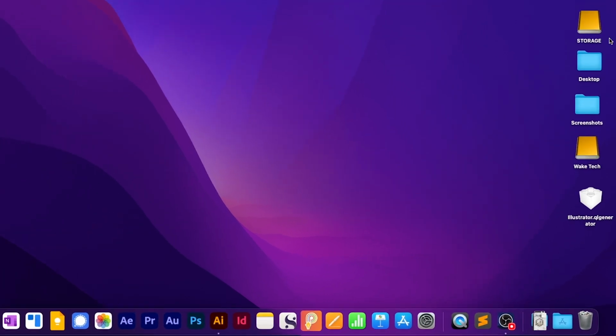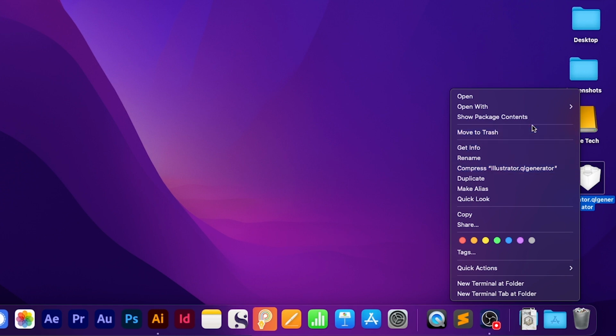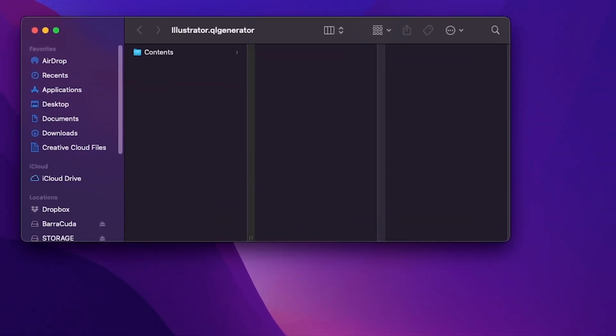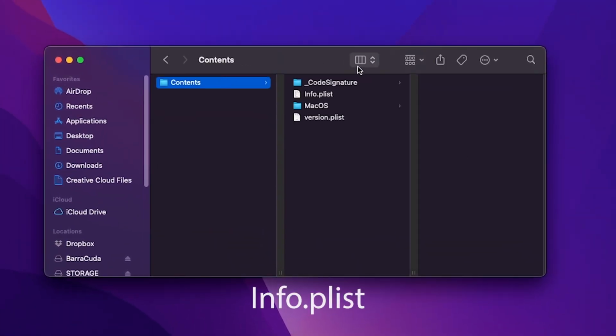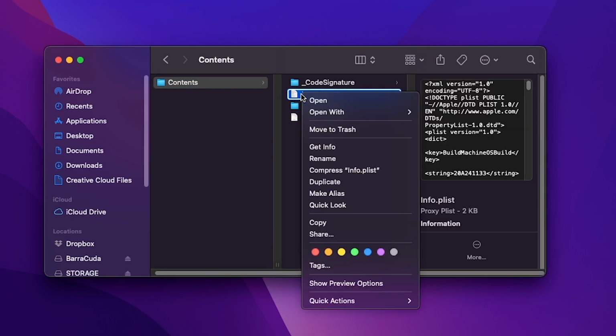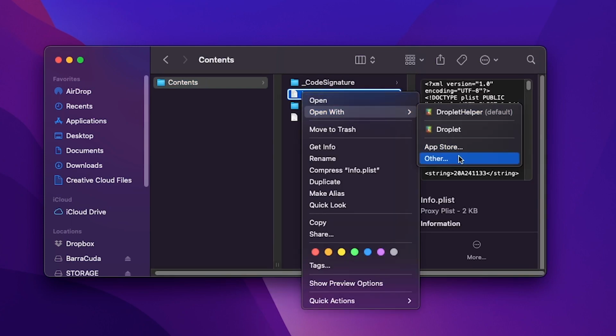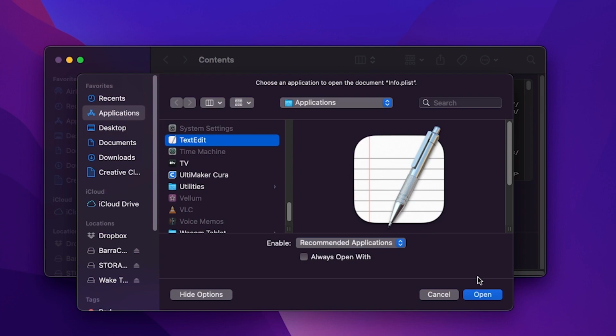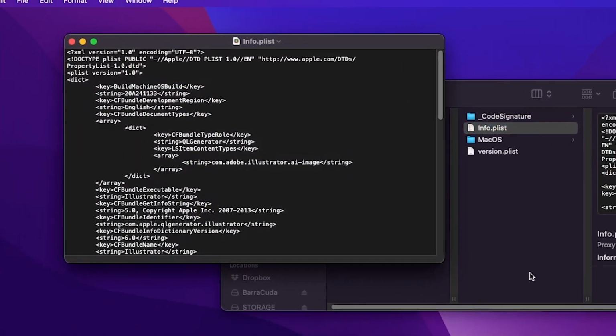Right-click or Control-click the file and select Show Package Contents. In the Contents folder, you will find the Info.plist file. Right or Control-click the file and select TextEdit or the text editor of your choice. From there, you want to find the string text that says